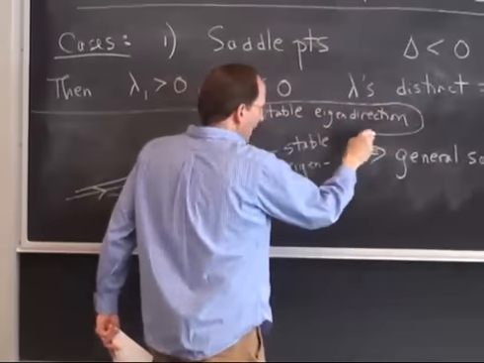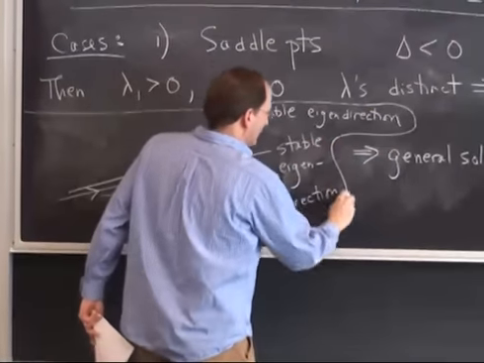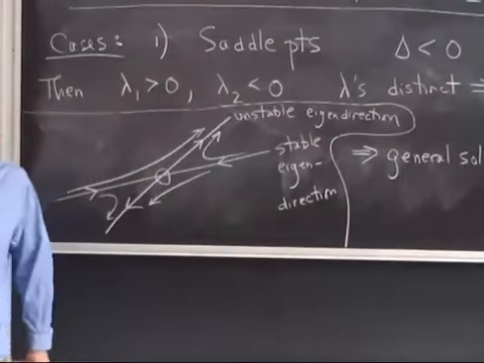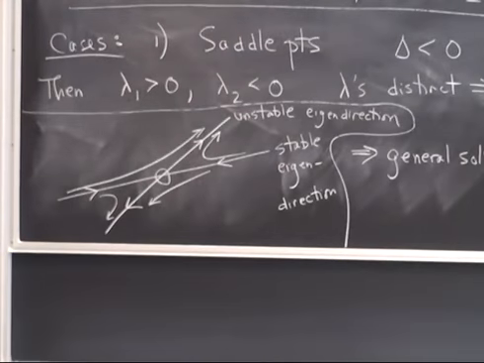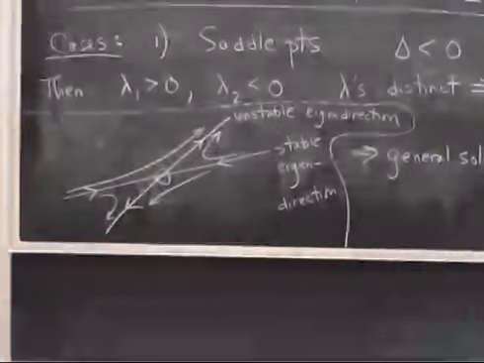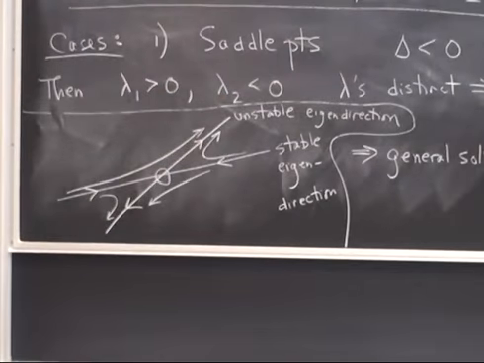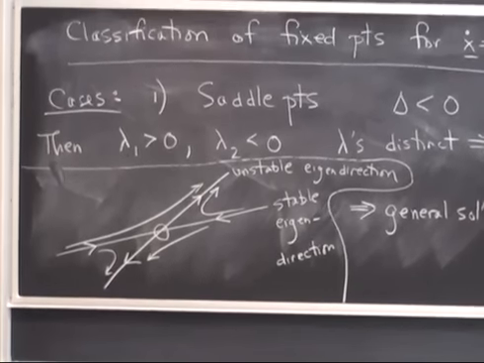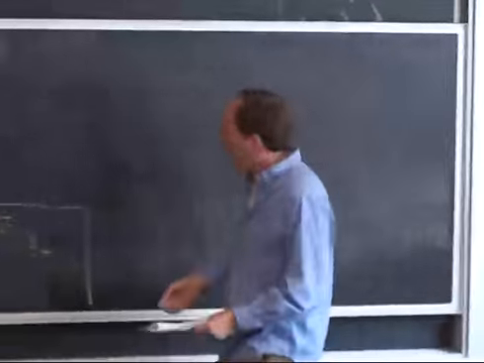I don't like it when the writing gets on top of itself. So put a little closed orbit around the whole thing. No, that wouldn't be possible, actually. That picture, it turns out, is not possible, so I'm not going to put the arrow on there. All right. Okay, so that was the saddle point. That's case 1. Case 2